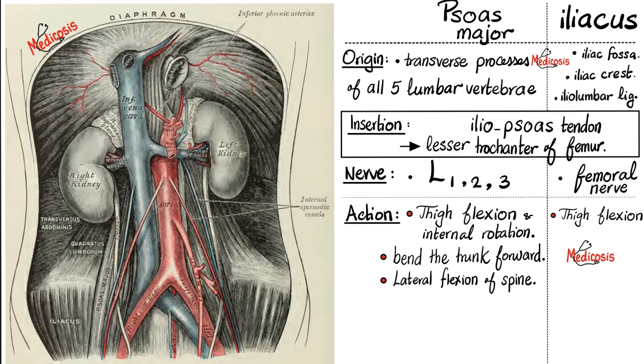Psoas major and iliacus. You see this? This is psoas major, and this is iliacus. And don't forget that the ureter of the kidney starts anterior to the psoas major and then becomes medial to the psoas major. The ureter passes behind the testicular or ovarian vessels, and that's why we say water under the